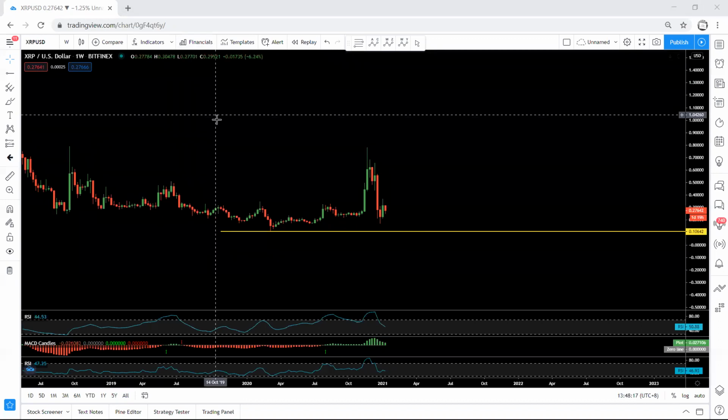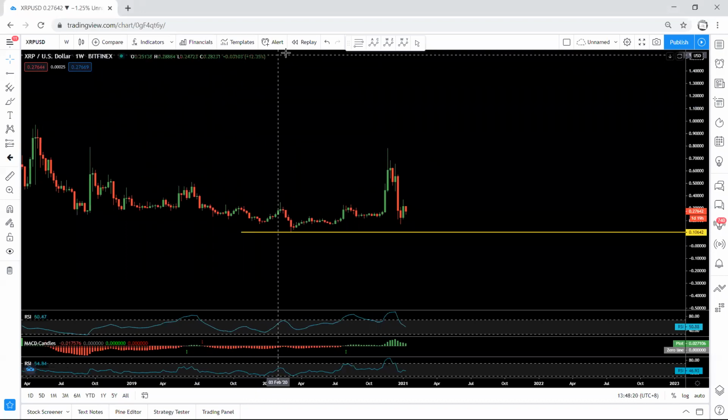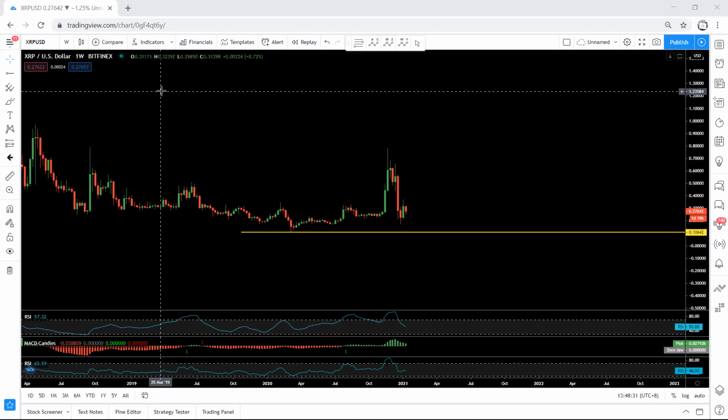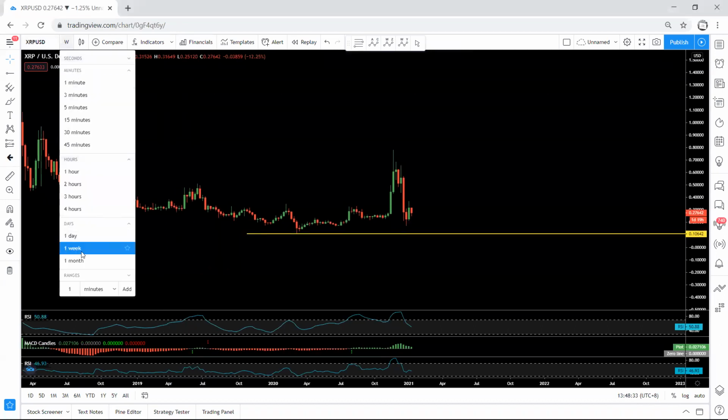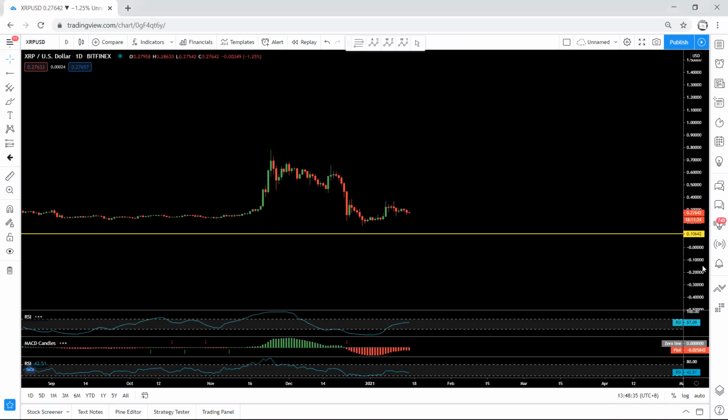Okay, now we need to analyze based on that. Based on the weekly chart, as we can see here, we have this correction. If we put this correction relative to this, we can still expect the price to drop some more. But will the price drop or not? We are not sure. In this case, we move to a lower time frame, the daily chart.